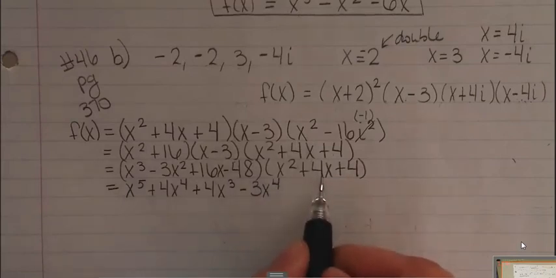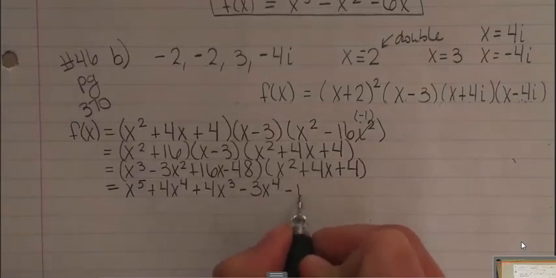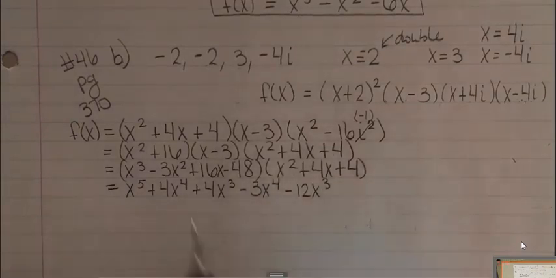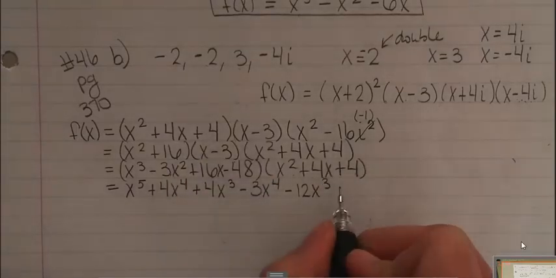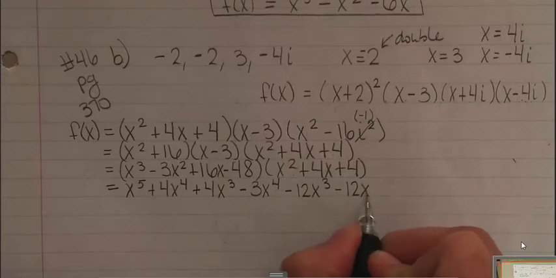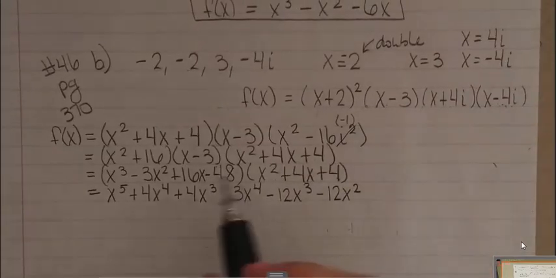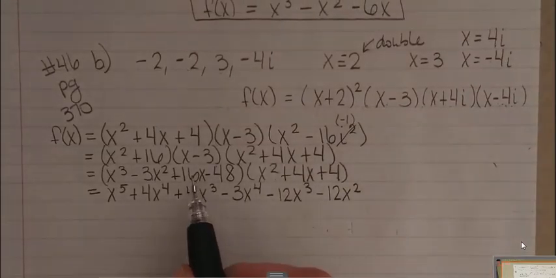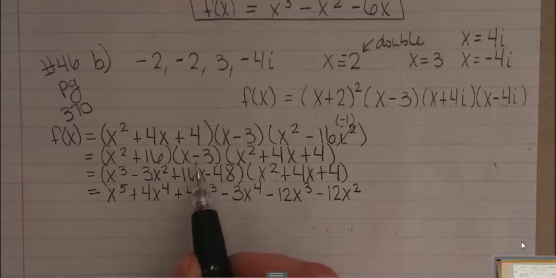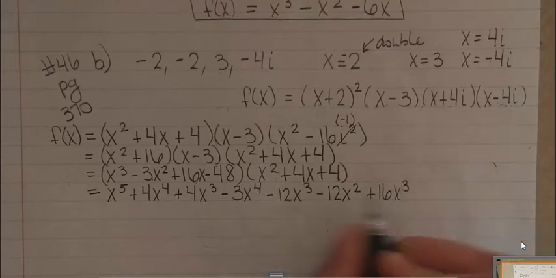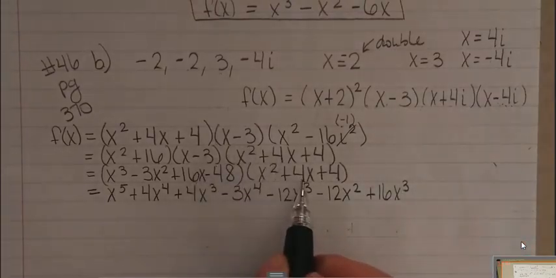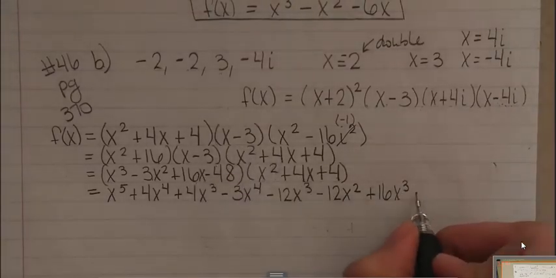Negative 3x squared times 4x gives me negative 12x cubed. Negative 3x squared times 4 gives me negative 12x squared. Now using the 16x, distributing that, I'm going to get positive 16x cubed, then a positive 64x squared,